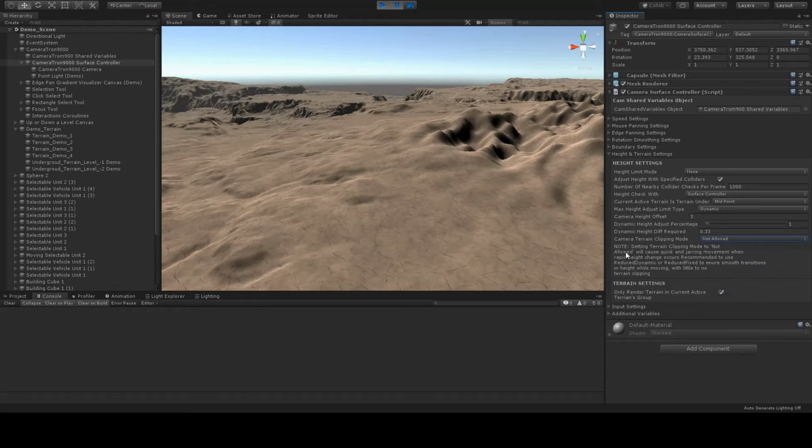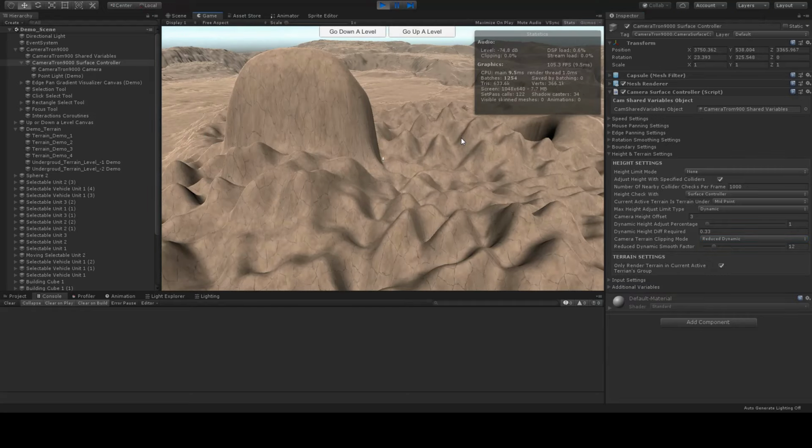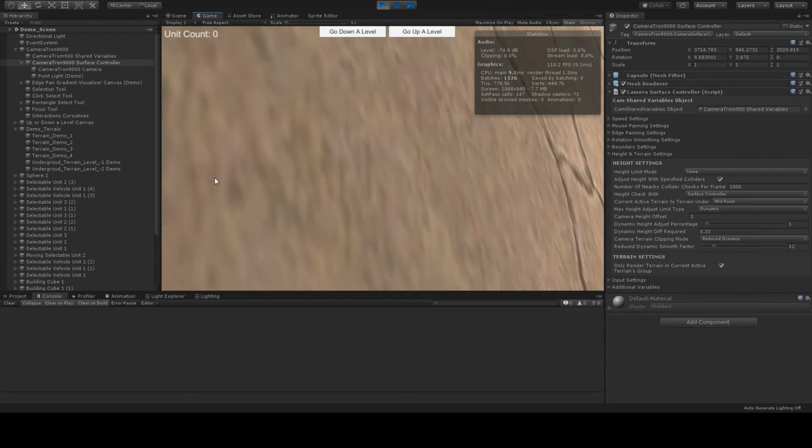Not allowed has a little note, and allowed doesn't have anything. So back to reduced dynamic. So reduced dynamic kind of does a thing with a factor, and personally I think it's typically a better option, but if you can see, you'll still get